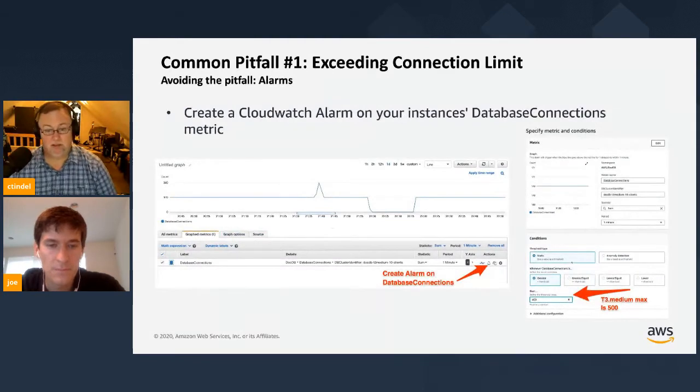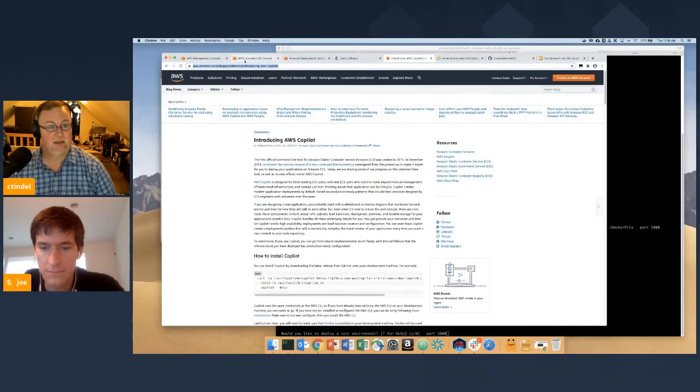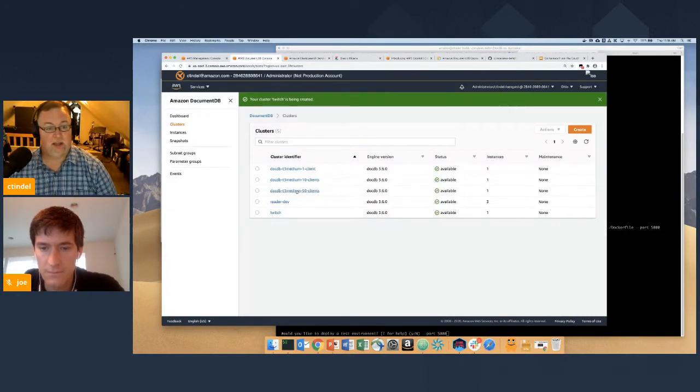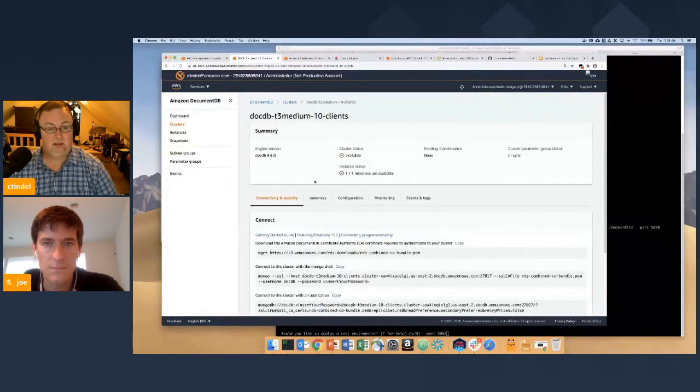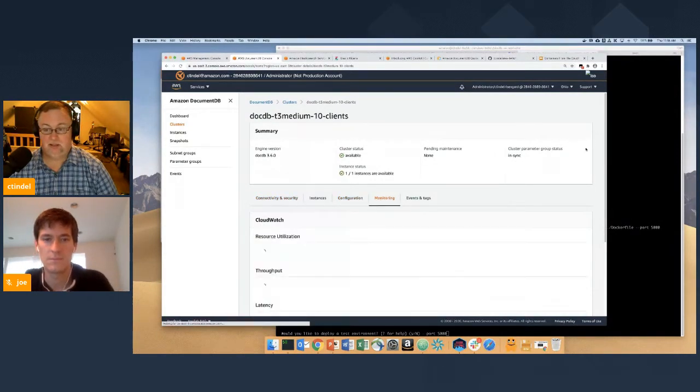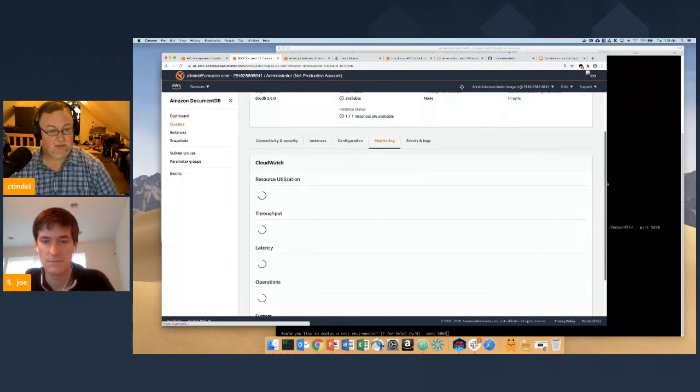That's right. Now, the other thing you can do to prevent yourself from falling into this trap is to create a CloudWatch alarm on your instances. I have a slide about that, but I think demos are a little sexier. So if I go into my DocumentDB console, I can see that I have a couple different DocumentDB databases here. I spun up 3 different ones for having one instance of my load generator, 10 instances, and 50 instances. So if I go look at the instance that has 10 clients running, and I go into the monitoring tab, I will see